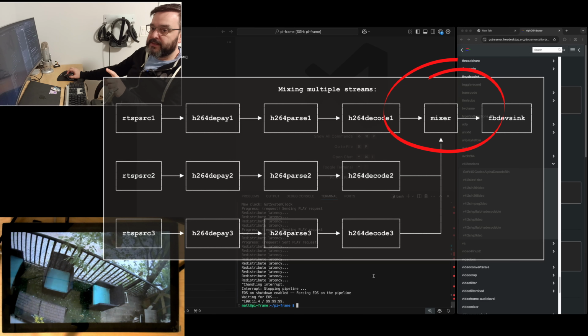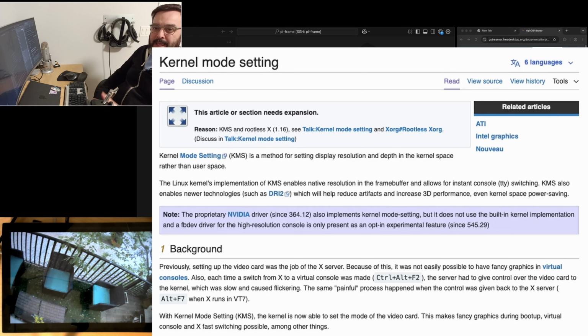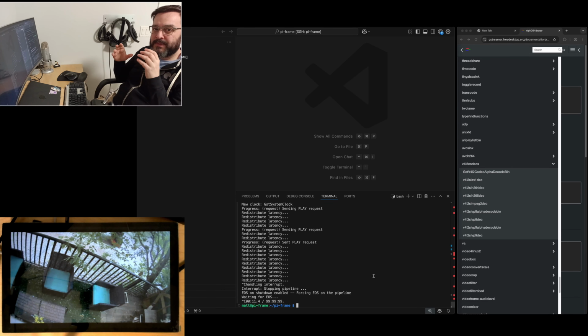What we want to do here is actually create a video mixer. Now, I was trying to set this up to use the KMS setup directly. KMS stands for kernel mode setting, and it's what all the Linux distributions are using now for doing on-screen compositing. Basically, it manages all these hardware layers for you in a more generic way that just works on any device. I think that the Raspberry Pi can do the compositing of the layers itself so that each of these streams could just render to a buffer,